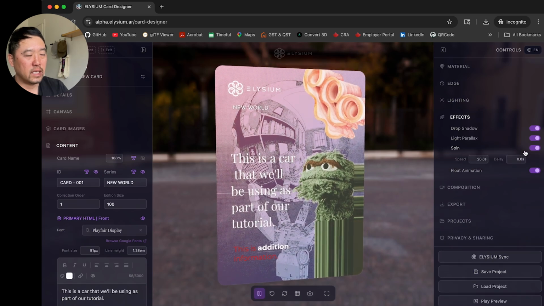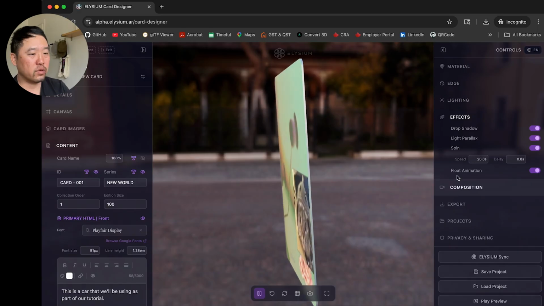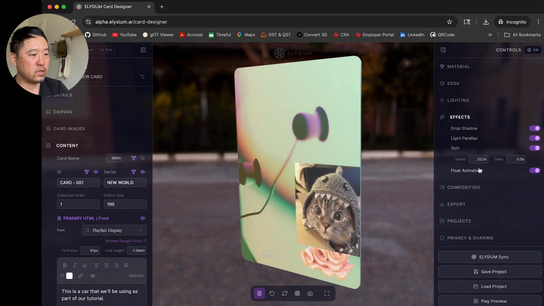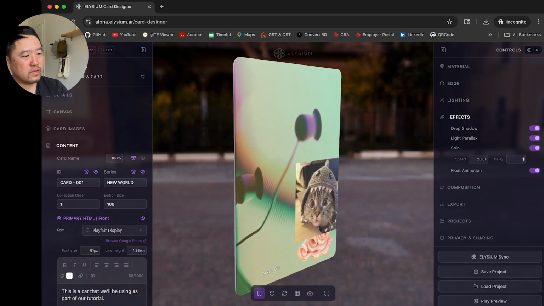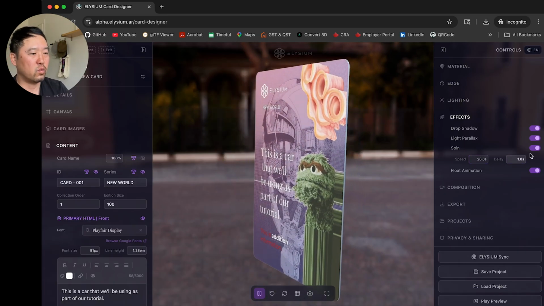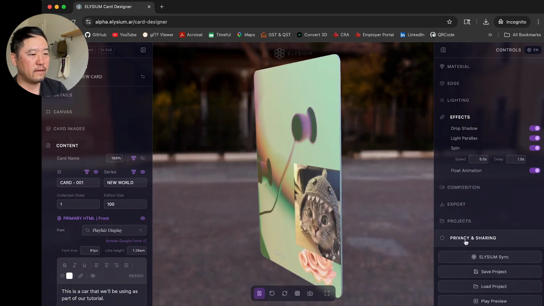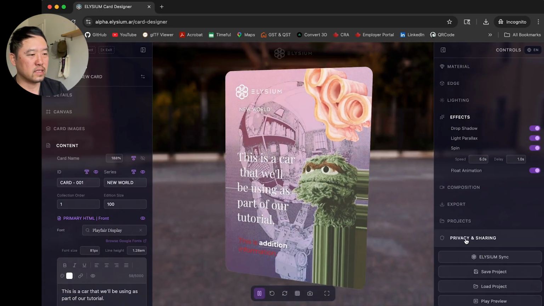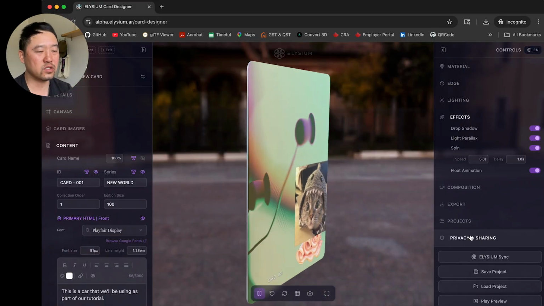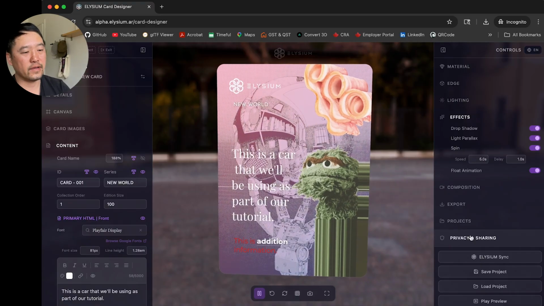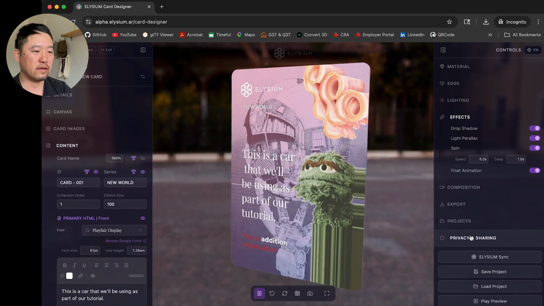So right now, it moves based on where you're moving the camera, but now the card itself is adding a spin. Now you can set the speed of the spin by setting the speed. And then the delay is like, when it does a single spin, it's going to stop for 1 second, for example. So if we change this so the speed is 5 seconds, it does a whole rotation in 5 seconds, then it stops for 1 second, right? And this, once again, has nothing to do with the card itself. This animation is not baked into the 3D asset.